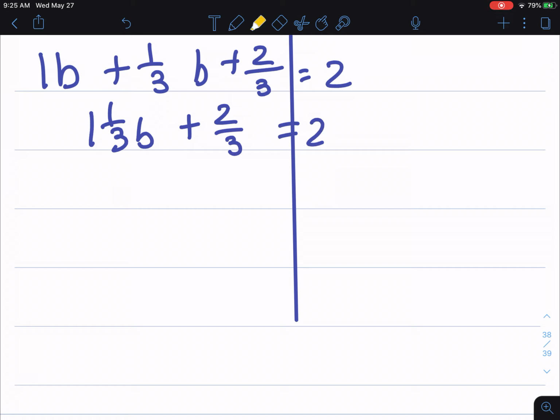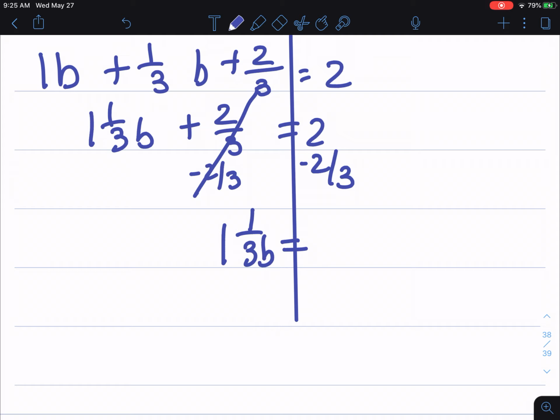I got to get rid of this 2/3 first. So instead of adding 2/3, I'm going to subtract 2/3 from both sides. These will zero out and bring down my 1 1/3 b equals, so now I'm going to do 2 minus 2/3, my calculator, and you should get